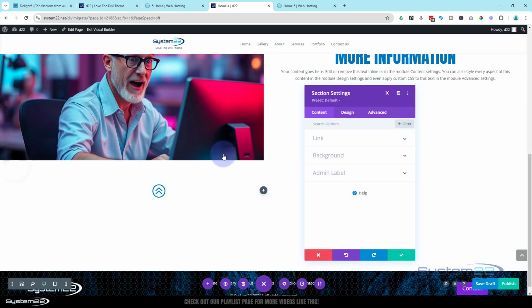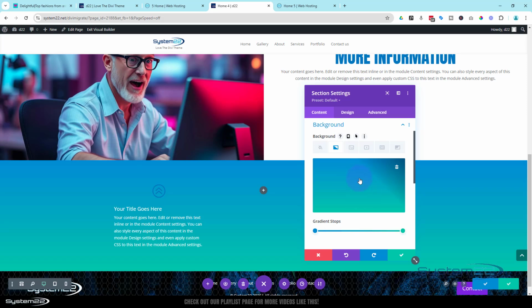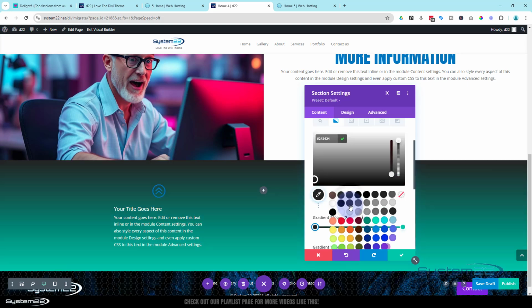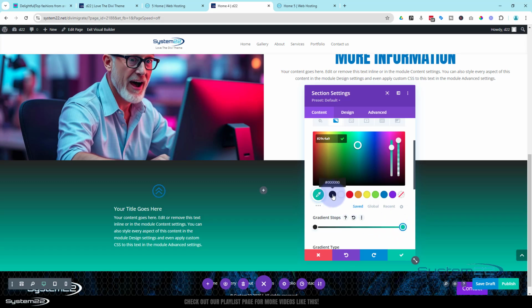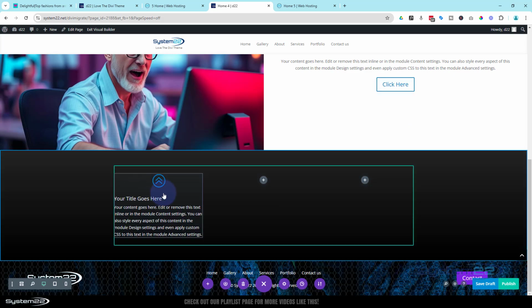Blue tab for the section. Background always under content. Let's use a little gradient this time. I'm going to use a very dark grey on the top. 242424 I use quite often, and I'm going to put a black on the bottom. It's almost like a black section, but not quite. Fantastic. Now we've got that. We can just copy this over a couple of times. Obviously you'd have different content in yours,